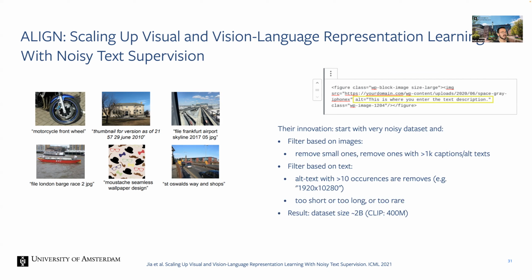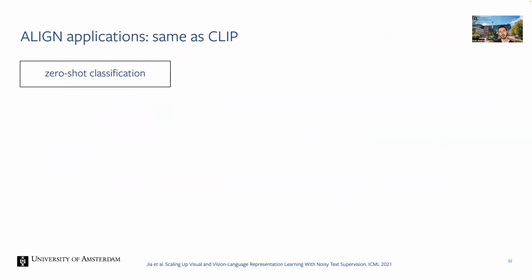There's a couple more here actually that I didn't mention. The resulting data set size then is 1.8 billion image text pairs, and they use that to basically train in a clip-like manner. And they show that, okay, we get better or same performance as clip. Well, they use a lot more data, but they use more noisy data, so that's fine. And in this case, they use 1,000 TPUs, which is like GPUs, a bit better than GPUs, with a huge batch size. What they can do is, of course, zero-shot classification, like we've done in clip.